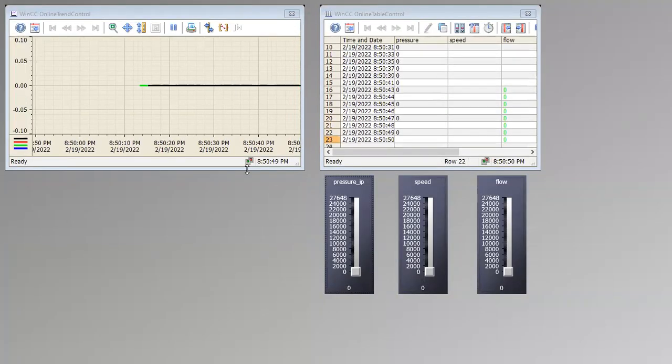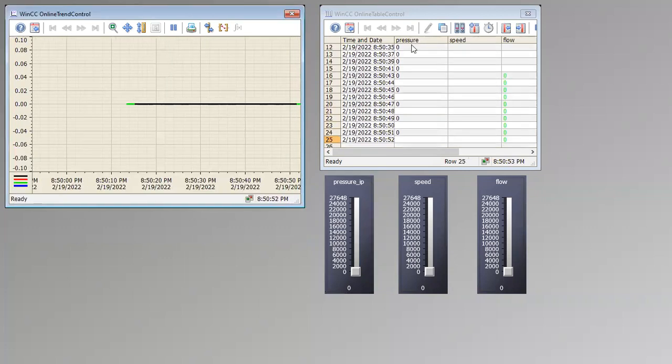So you can see the window here. So first one is pressure.